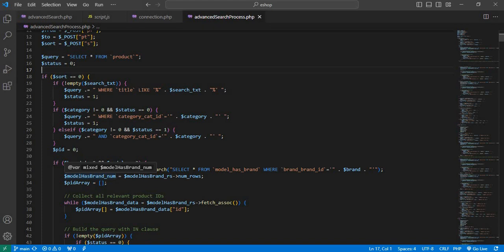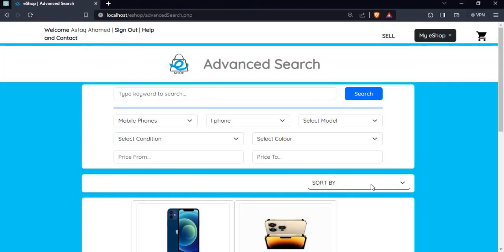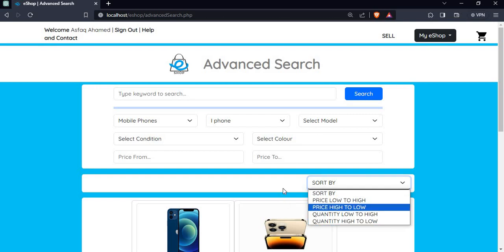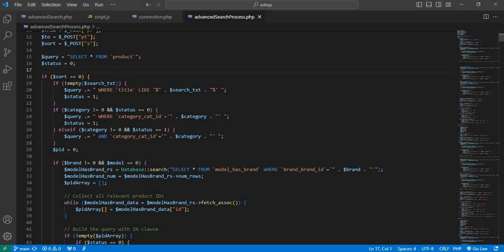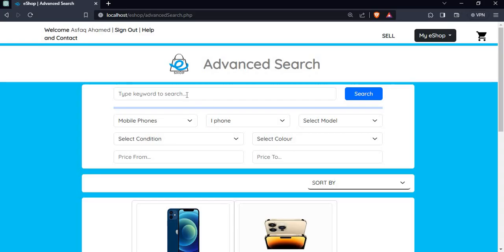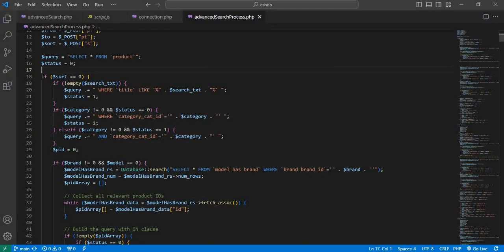Now if sort equals 0, that means if it is mentioned here like sort by, that means nothing is selected in here. Here nothing is selected. If the sort equals 0, then we are checking if empty. If the search text, that means here if it is empty, and if it is empty, I have assigned a